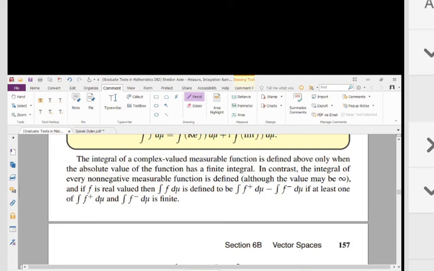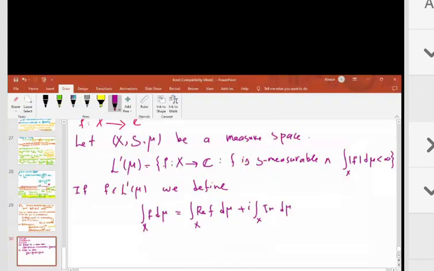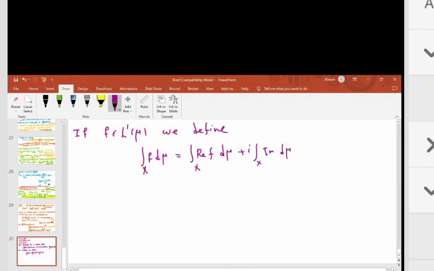And if f is real valued, then this integral is defined to be the integral of f plus minus the integral of f minus, if at least one of these two is finite. This is a review of the previous definition. Please remember that